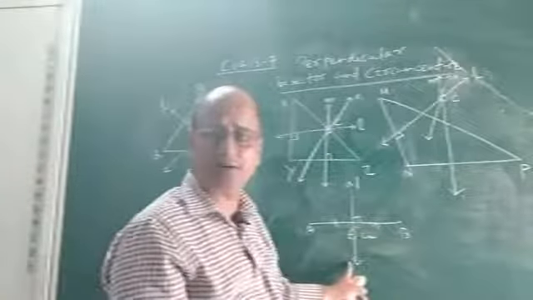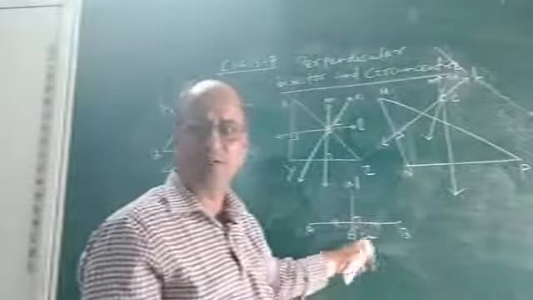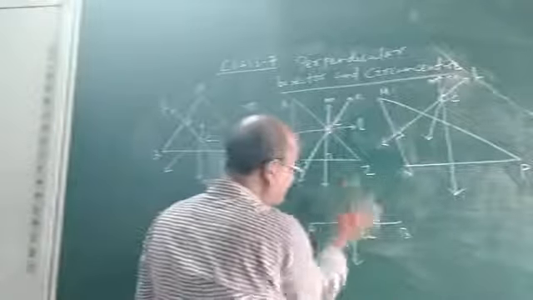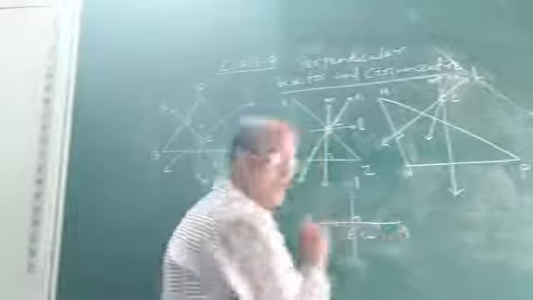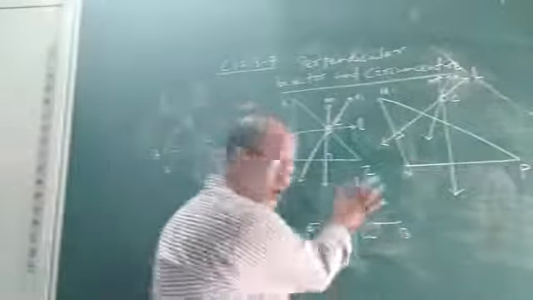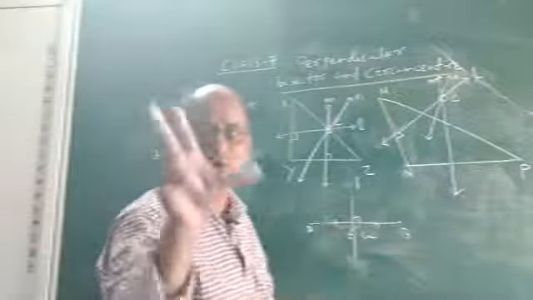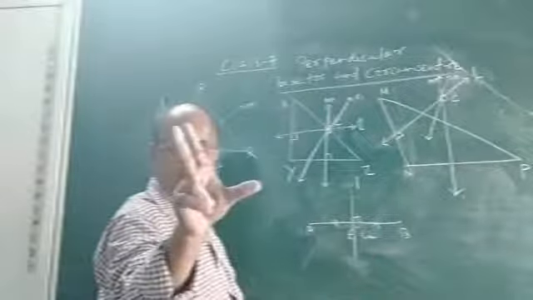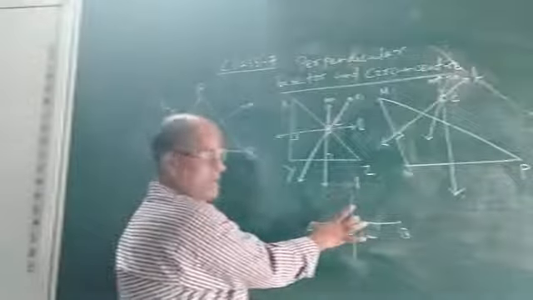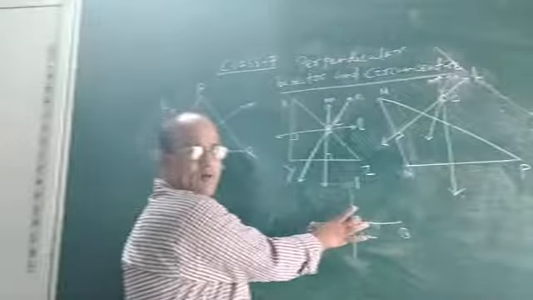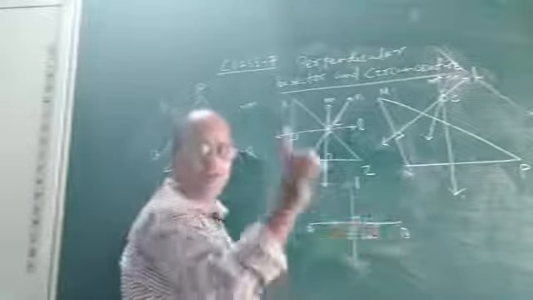Now how to construct this L? What is the procedure? Children, let us go back to class 6 for a while. Suppose you are given this line segment of 6 cm and you want to draw its perpendicular bisector. What will you do? You take the compass. Suppose my hand is the compass. Keep it at one end point and take more than half of this line segment AB, whose perpendicular bisector you want to construct.